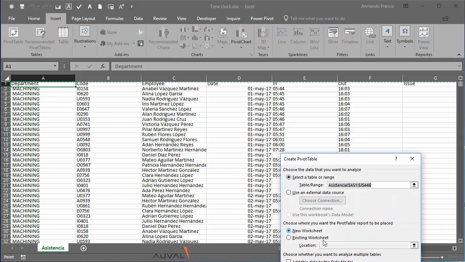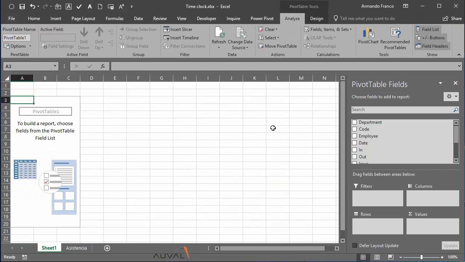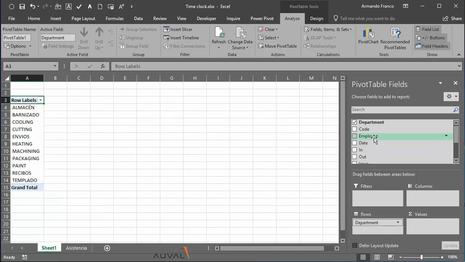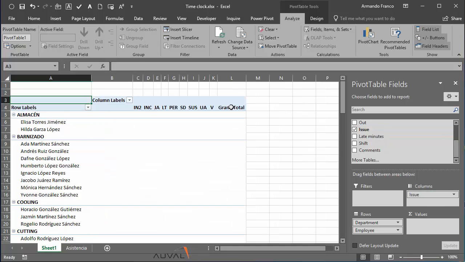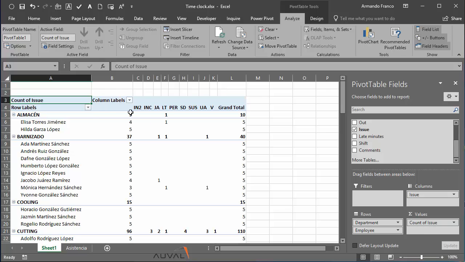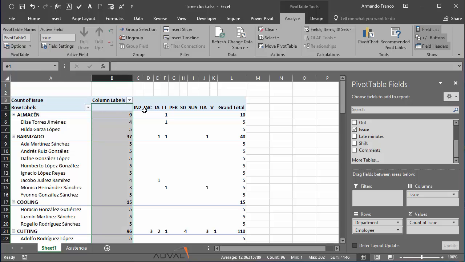Insert, pivot table, okay. What do we need here? I need the department, the name. I want to know the issue here. I have a list of issues. And the issue here again, so that I can see how many people have no issues.